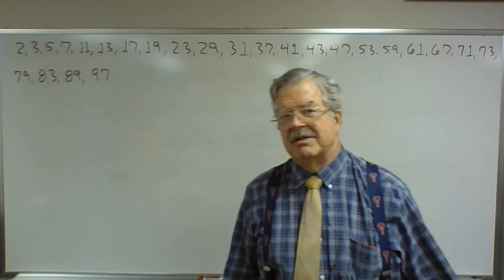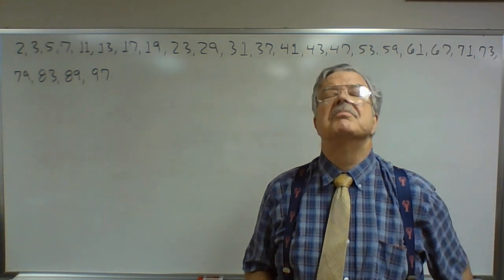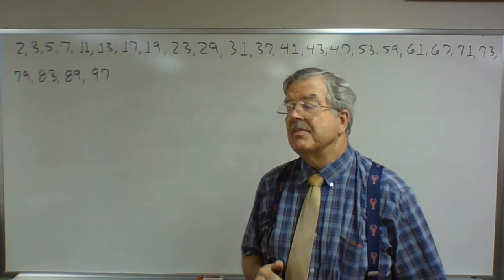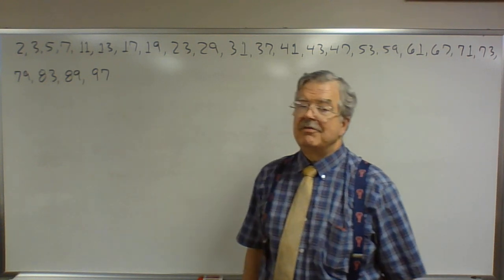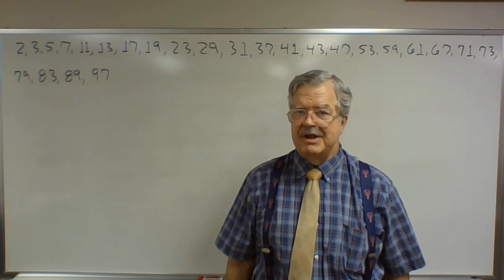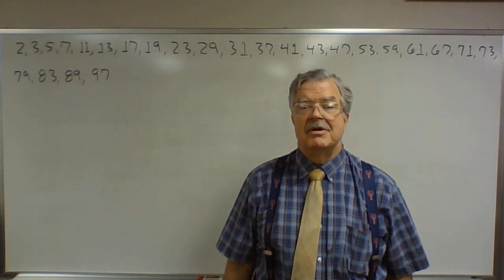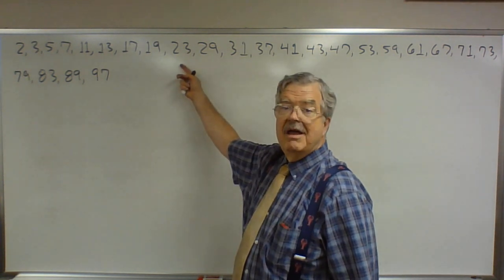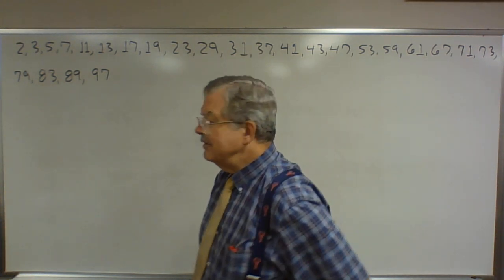So if we just had a calculator and we were trying to test large numbers as to their primeness, for any number less than or equal to 10,000, these are all the candidates for prime factors. If the number doesn't have a prime factor on this list, and it's less than or equal to 10,000, then that number is prime. If the number is composite, then it's going to have a prime factor that's on this list. For example,